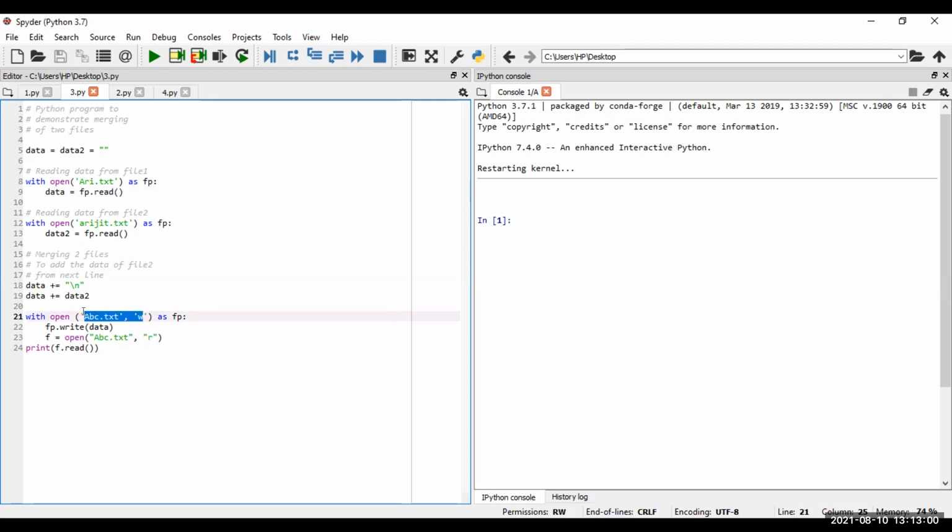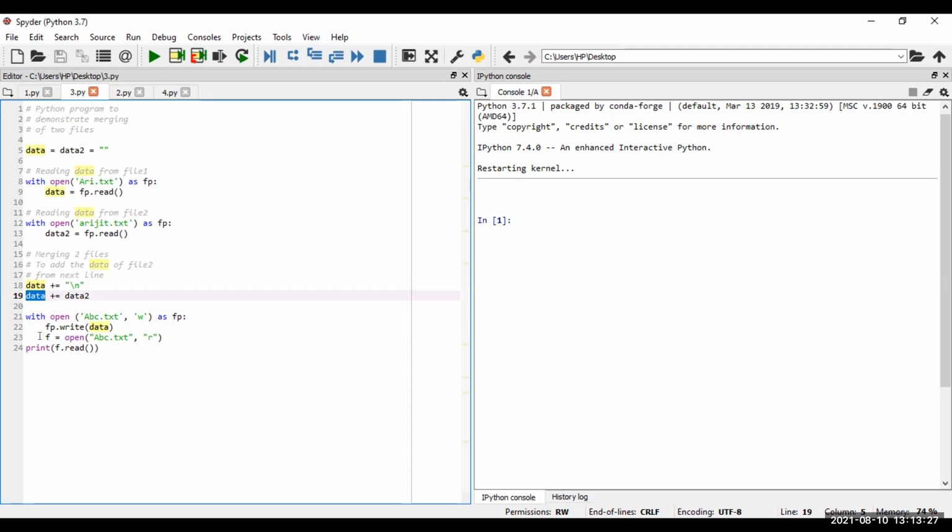That's why we are using the write mode here. So with open, a new file name different from my previous two file names, and the whole data is merged here. The appended value of file 1 and file 2 is in the data variable, so that is the data we are going to write.